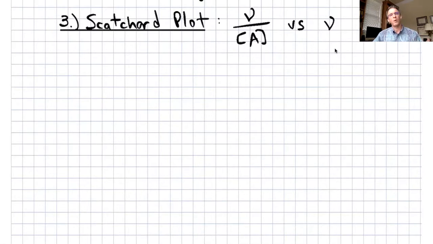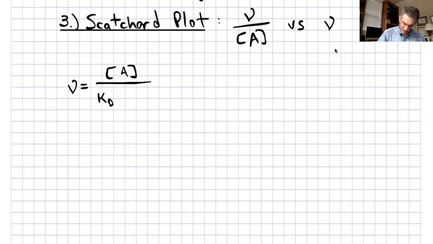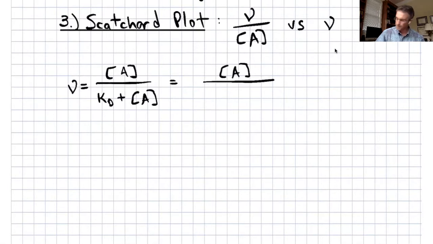And also because it shows you the form of the binding equation with the association constant, which you will also sometimes see. All right, so let's start with the simple binding equation. Degree of binding is equal to the concentration of A divided by the dissociation constant plus the concentration of A. Remember that the dissociation constant is just the inverse of the association constant, so we can write that as A over 1 over Ka, plus the concentration of A,